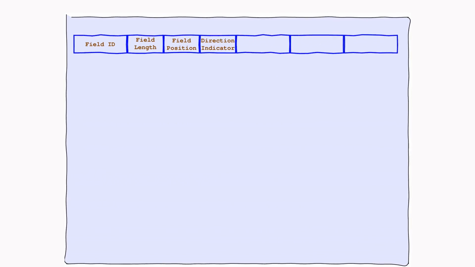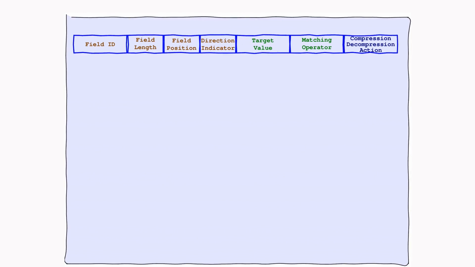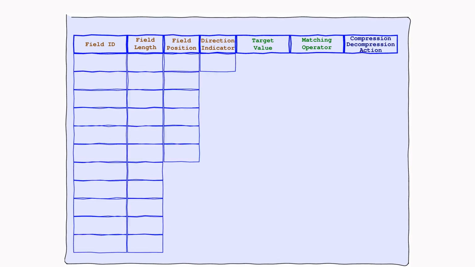Now, let's look at how we compare our rule to the abstract header. Target value, this is what we expect to see in the field, like anticipating a friend's favorite outfit. Matching operator, this guides us in how to make the comparison. It's like having a friendship matchmaker. Compression method, this last entry shows us how to shrink down our header, like learning the best way to pack a suitcase. To make this adventure more accessible, we'll start with a friendly and familiar protocol, IPv6.